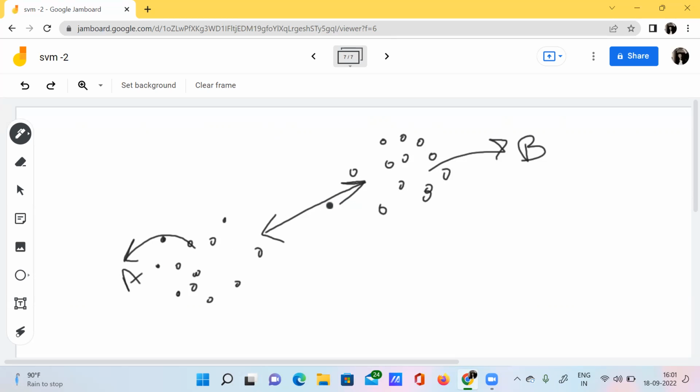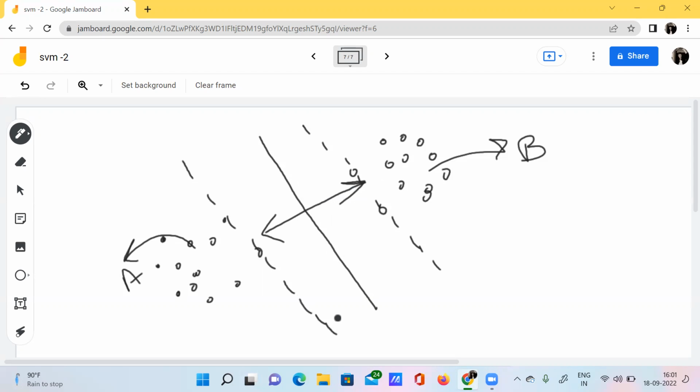When I say natural, that means the gap should be wider, right? We need to have a wider gap between those two categories of data. Then only can we have the hyperplane and form the margins so wide.